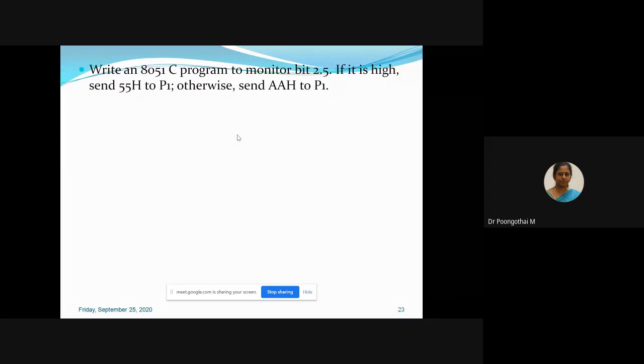So first define your variable for P2.5, and inside while check the condition, that is monitor your port bit status, whether it is 1 or 0. If it is 1, you send 55 to P1, otherwise send AA to P1.